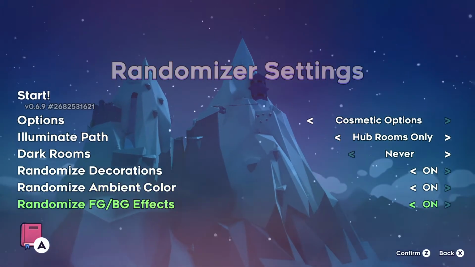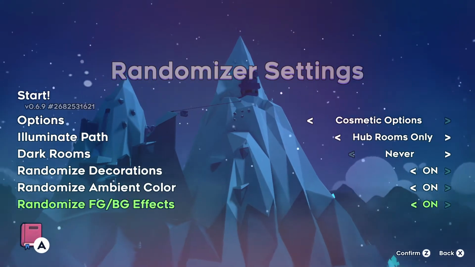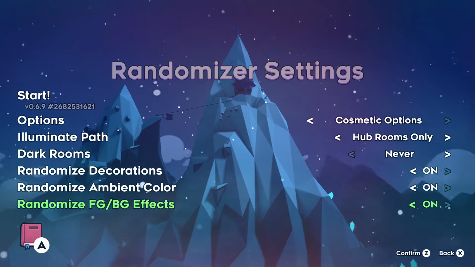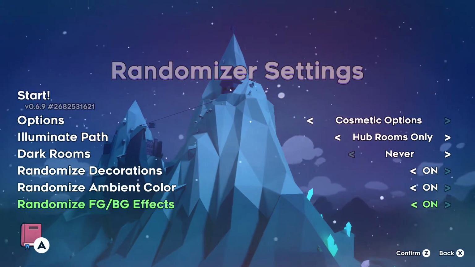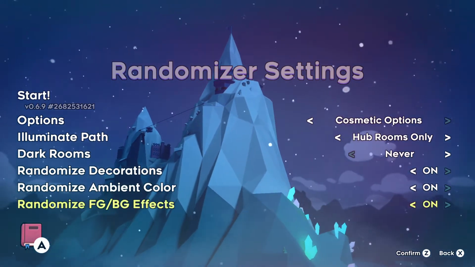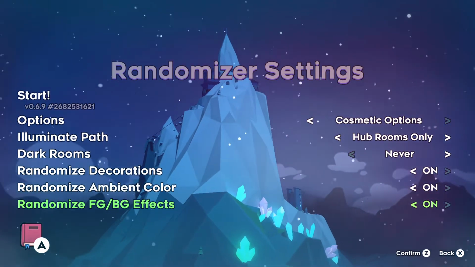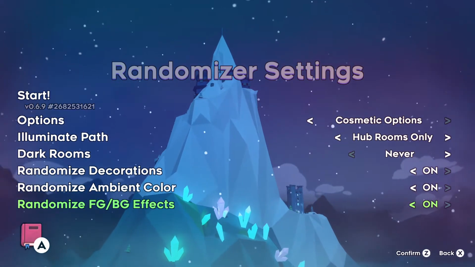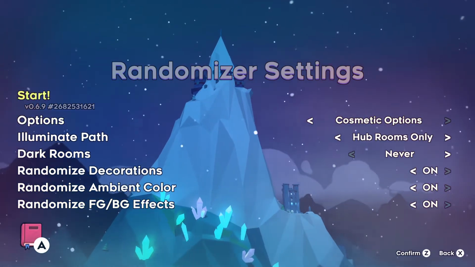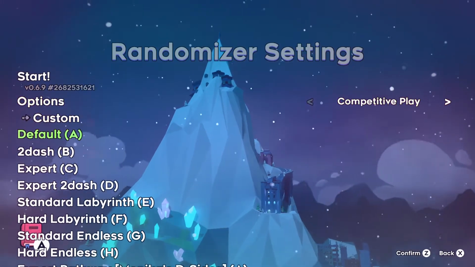Foreground background effects, for example, are like the little falling particles that we get once you get to 5.5 inside. This will also randomize backgrounds. So you could be in a golden fridge room and you'd have the little reflection crystals in the background, something like that. This is the default, so I'm going to show